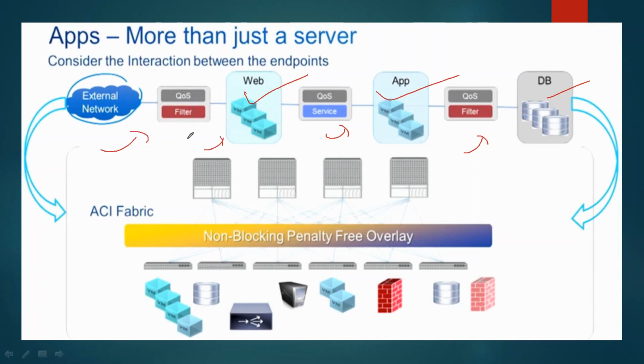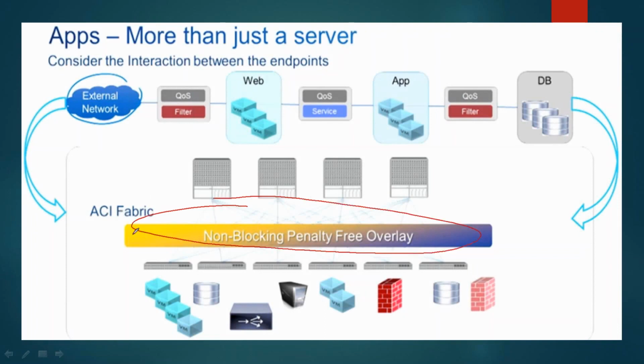From the external world to the web, I can have some policy. Now the nice thing about the ACI infrastructure is that you have a non-blocking, penalty-free overlay. So whatever encapsulation or traffic is coming, either VLAN tagging or an Ethernet frame, or traffic from the virtual world, or from NVGRE encapsulations, all those things, at the moment they reach this particular leaf switch, ingress and egress interfaces from one VTEP, that is the VXLAN tunnel endpoint,